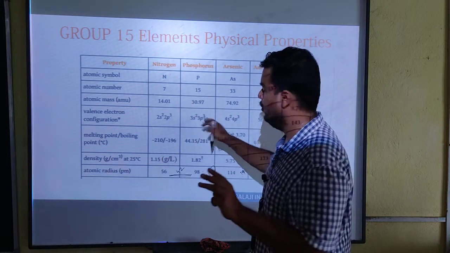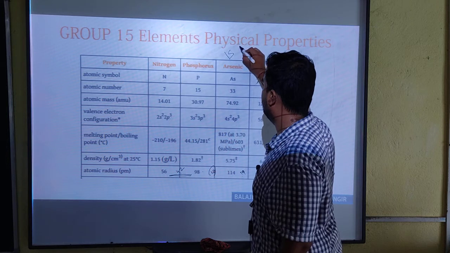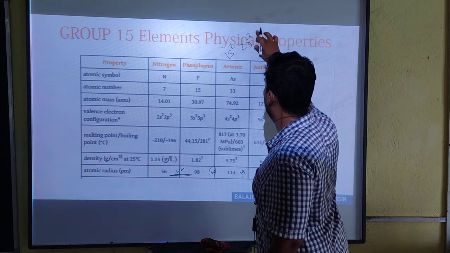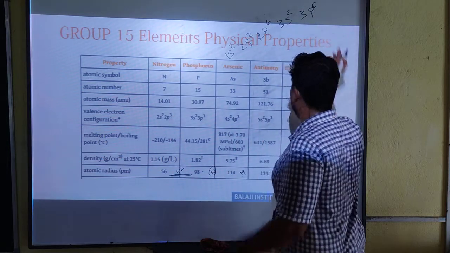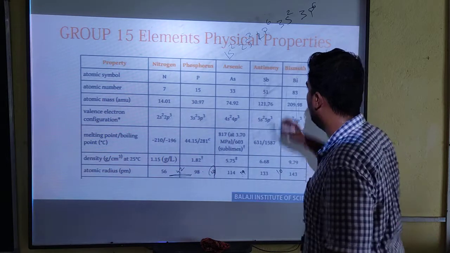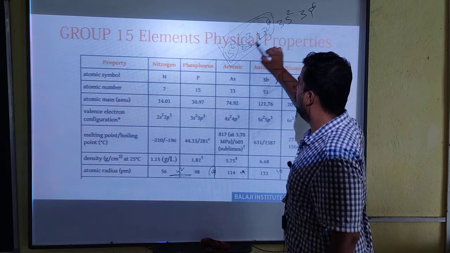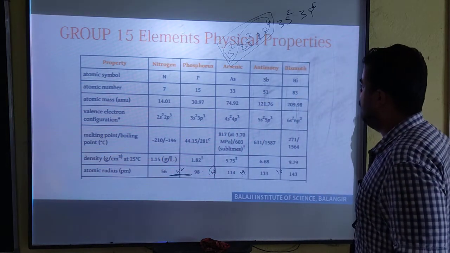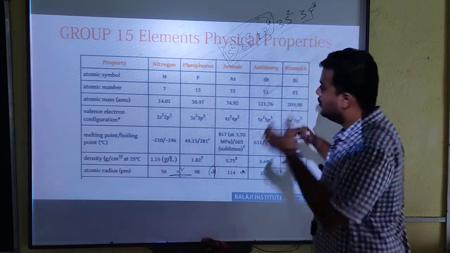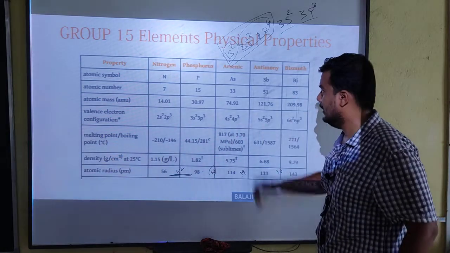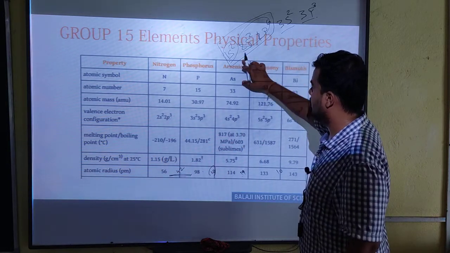So when I am writing 3s2, that means I am writing 1s2, 2s2, 2p6, 3s2, 3p6. So here phosphorus has already completely filled 1s and 2s, 2p orbitals. After that it is 3s2 and 3p3 for phosphorus. So the size is significantly larger than nitrogen, because there is a shielding by the inner electrons.